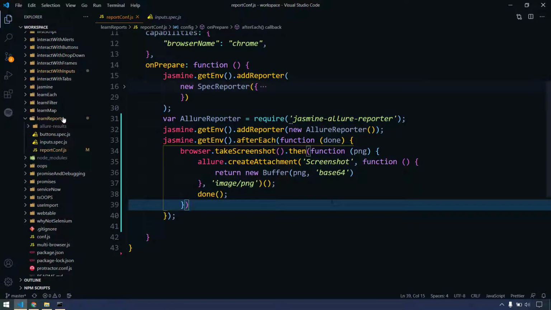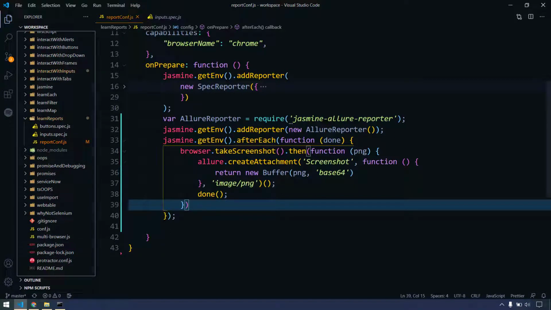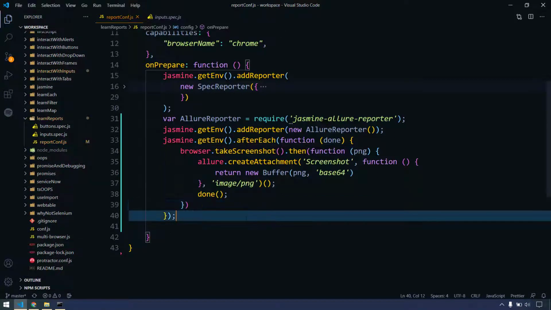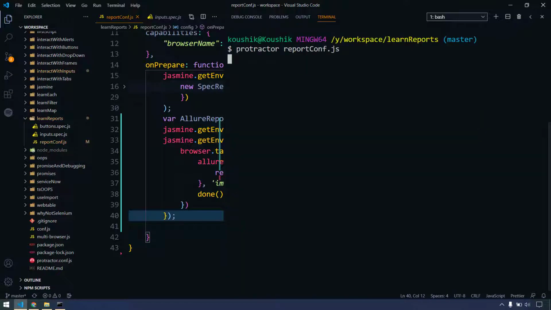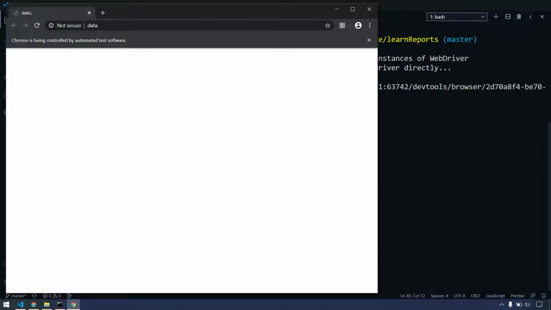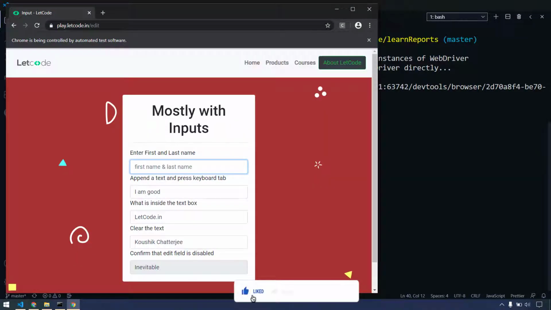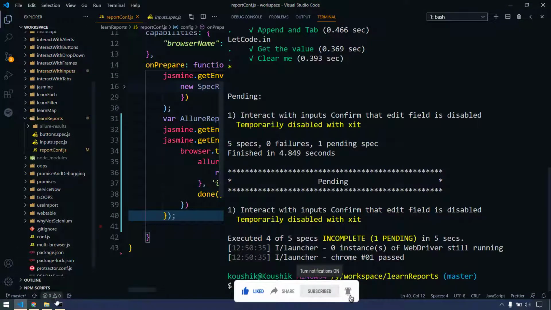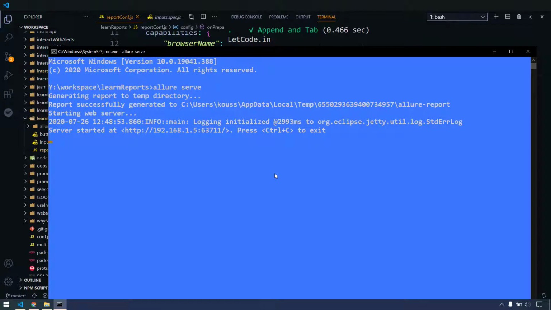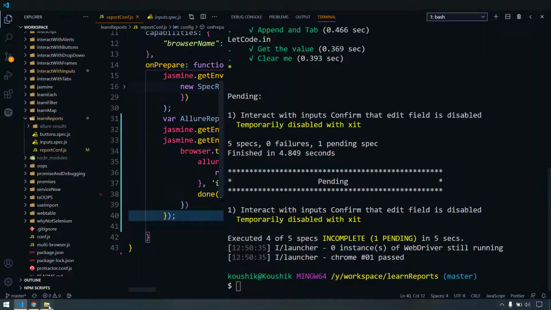Now let me delete this file here so that we can see the report fresh with all the screenshots. Now I have to just run this again, so I'm just going to run this. Okay, so test case execution successfully. Now I'm just going to kill this, so Control C two times and then Y to kill this, and after that go back to the folder again.